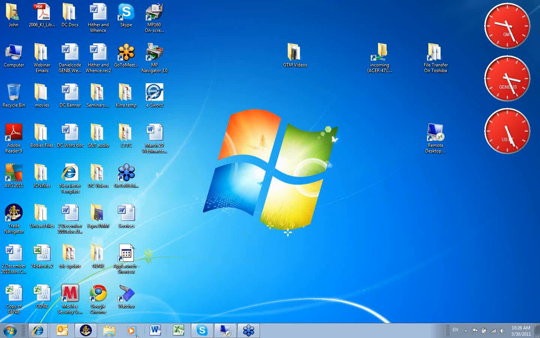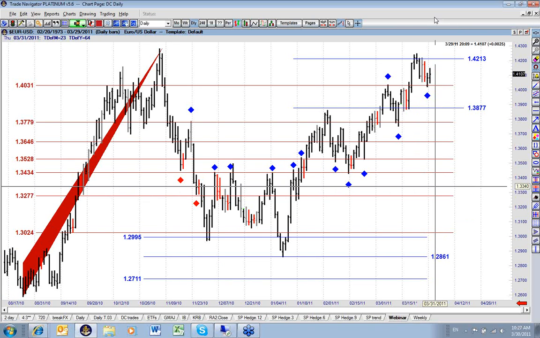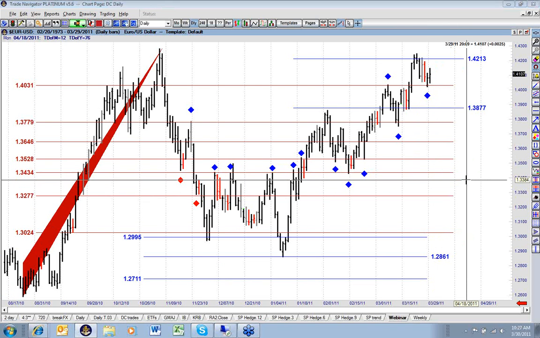All right, so let's have a look at our Trade Navigator charts. For those of you folks who don't use this, this is the charting format that we use. It's very good. I've used it for, I suppose, close to 20 years now. It's fairly easy to use. If I can use it, anyone can, but more importantly,